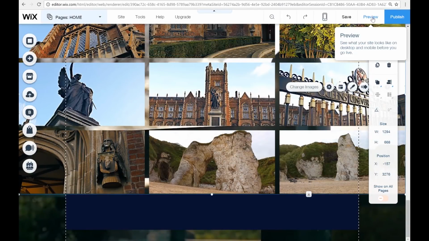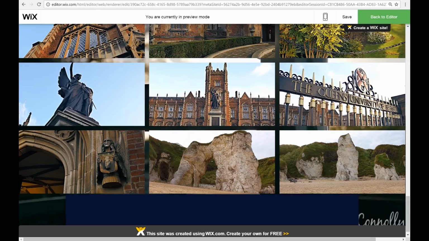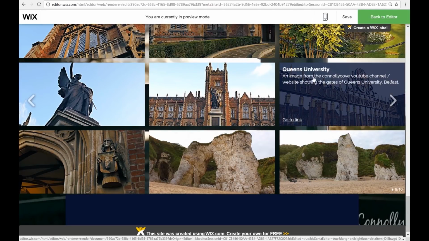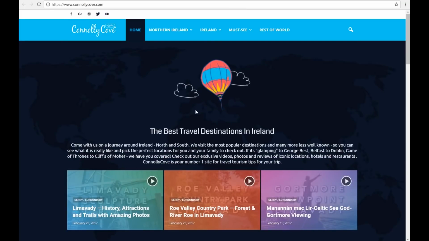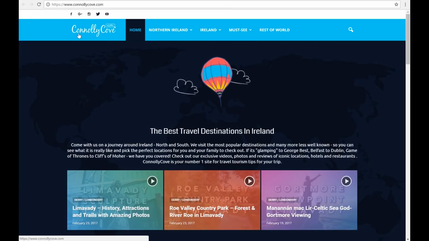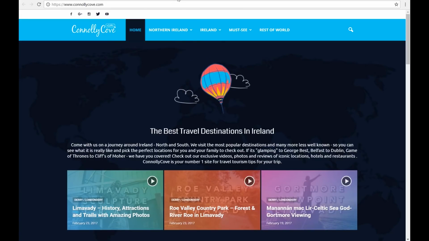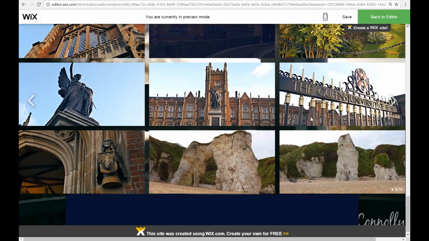And when you go to the preview mode, when you hover over the image, you can see Queen's University, an image from the Conley Cove YouTube channel/website, showing the gates of Queen's University Belfast. And if you click this link, it will take you to the link that you've added in. In this case, I've added it to the conleycove.com website. So closing that down,